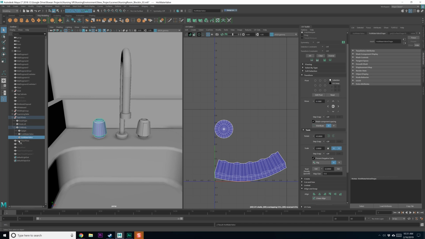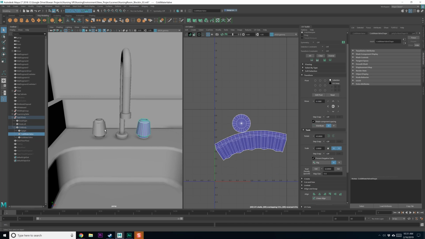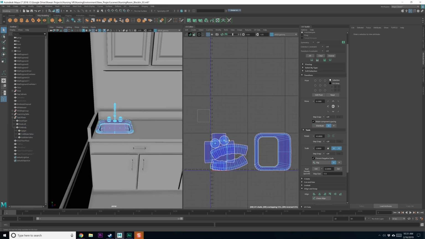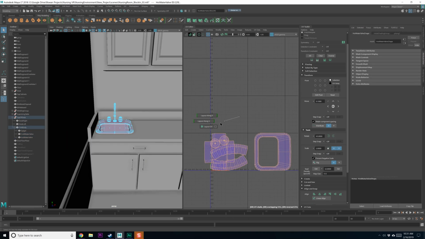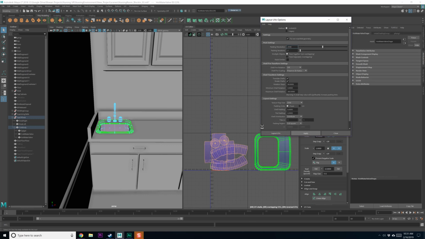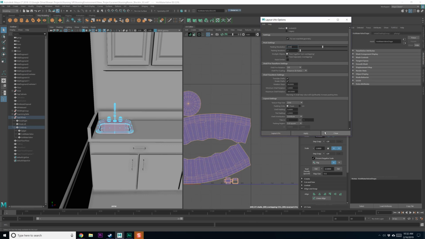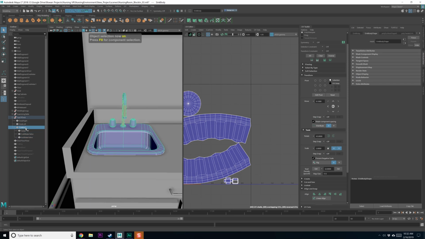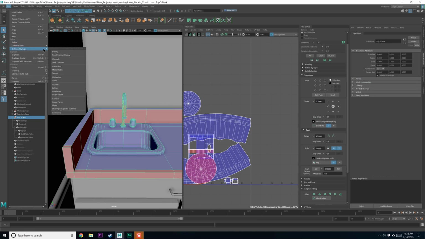Hot water valve. And I'm going to probably do all of these together in the same UV space. So for right now, I might as well grab them. Let's see what happens if I do this. Okay, there's obviously a scaling issue going on here. So what we're going to do is grab the sink body. Actually, we're going to grab top of desk, edit,